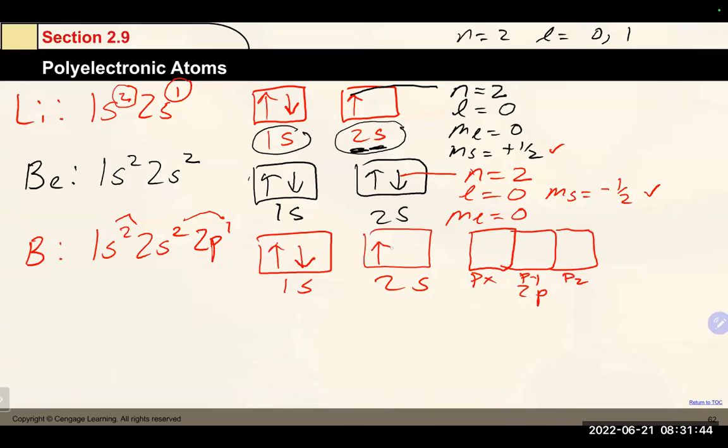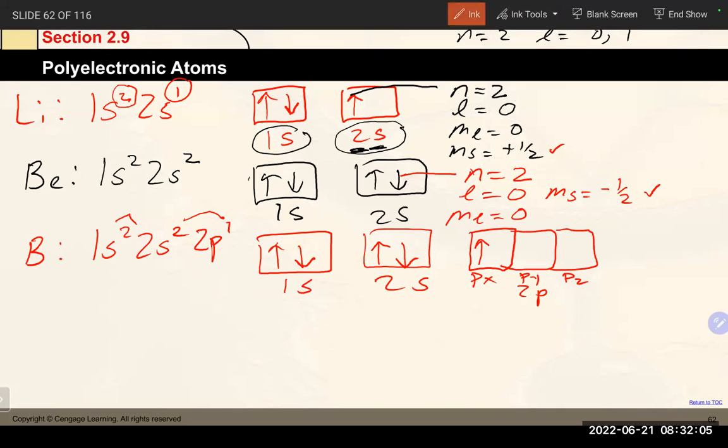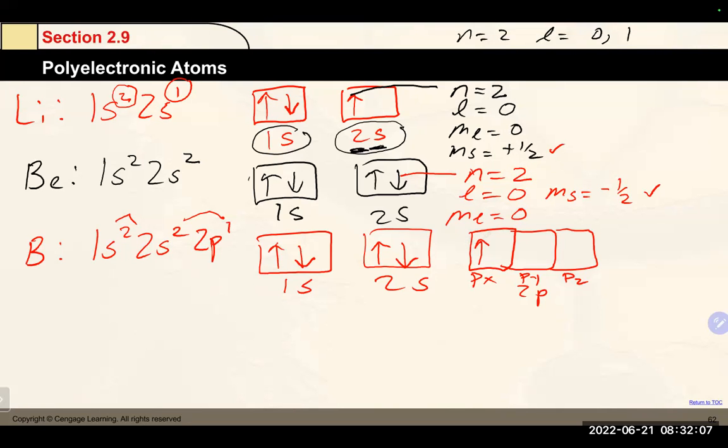Second one would go in and come down. Now, we would then put our very first electron on the left orbital, which is our px orbital, heading in the upwards direction. Now, if we do a little bit of quantum numbers on the last electron,